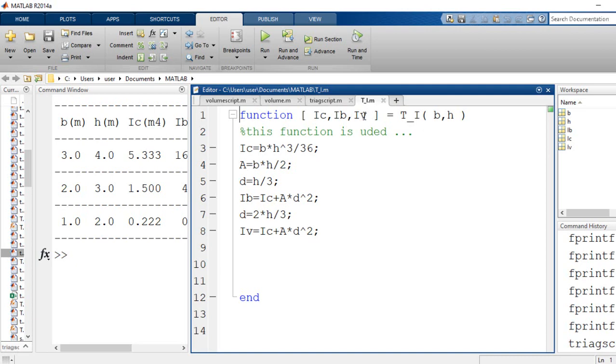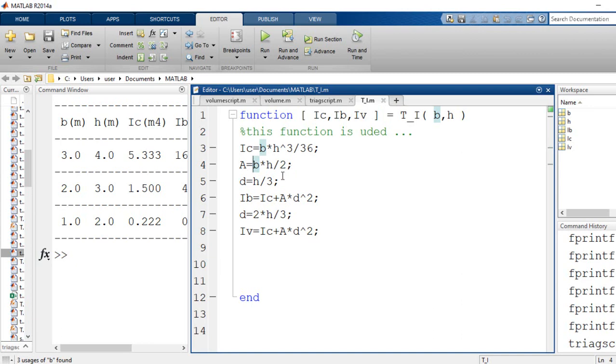And then I defined, of course, the 3 outputs, the 2 inputs. I started by IC, BH cubed over 36, because I know B, I know H, so I can directly find the moment of inertia around the centroid. Then I find the area of the triangle, which is BH over 2, because I should use it in the